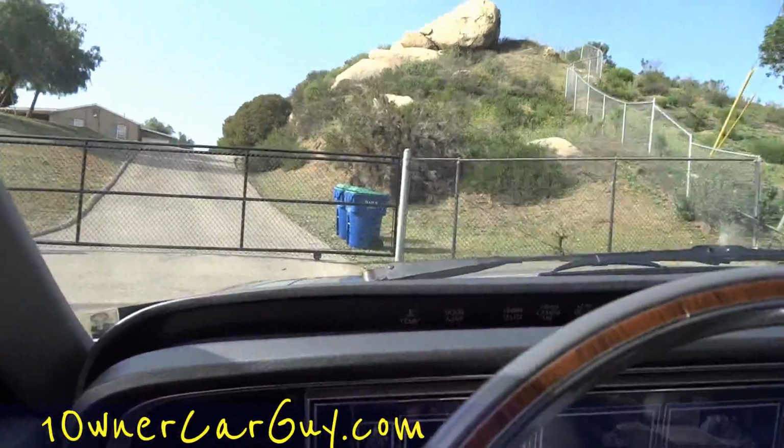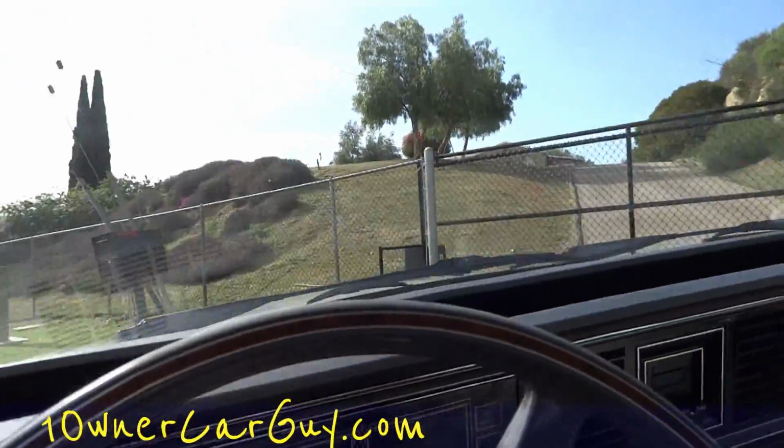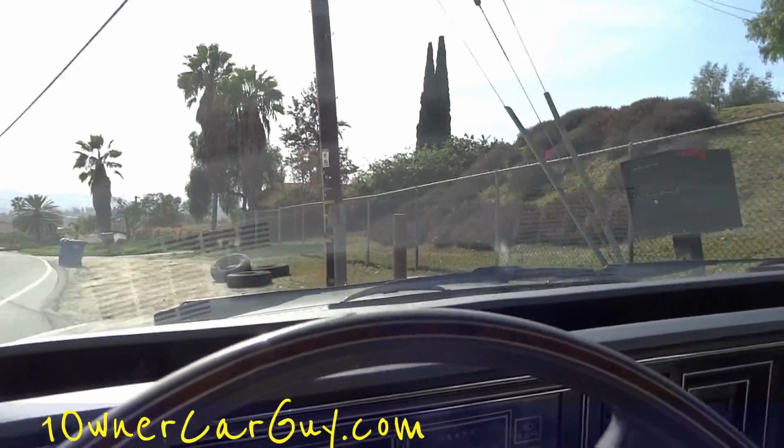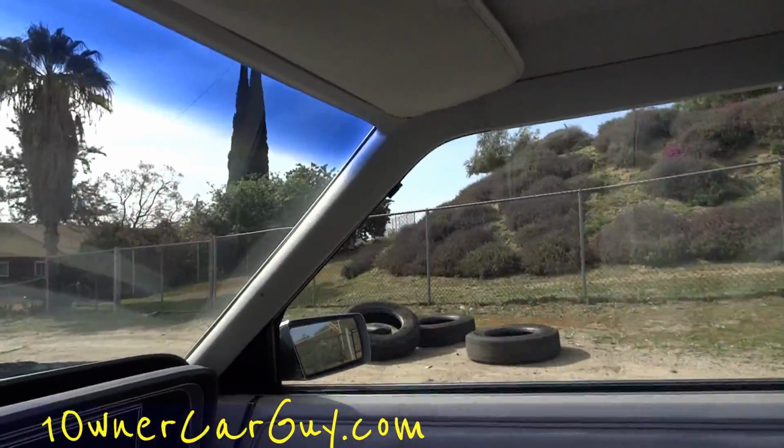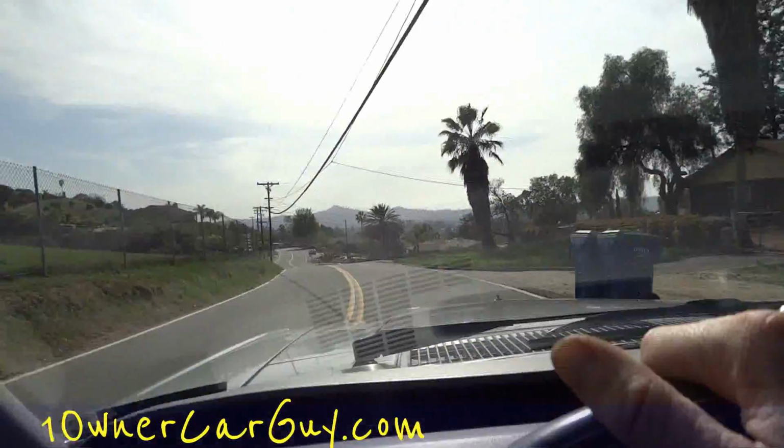Can I really do a whole U-turn here in this thing? I didn't plan on it. I sure can. Ooh, buddy. I'm gonna come back up here and look at them. It's four semi-tires. They don't have much rubber on them, but